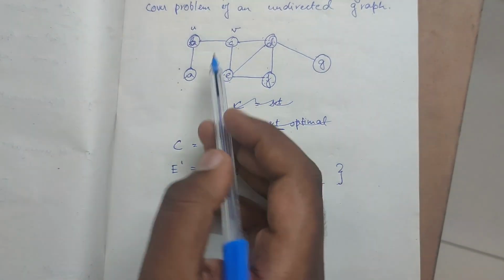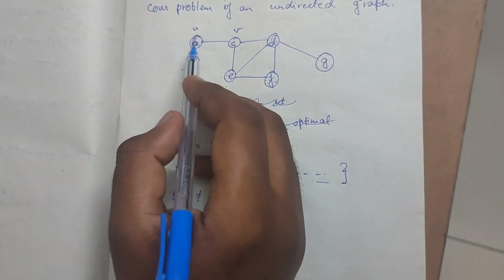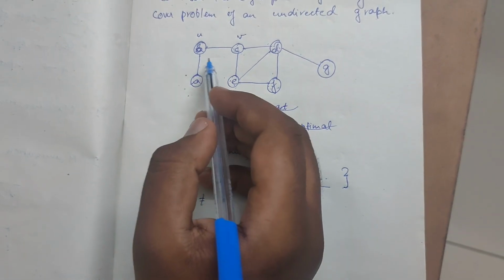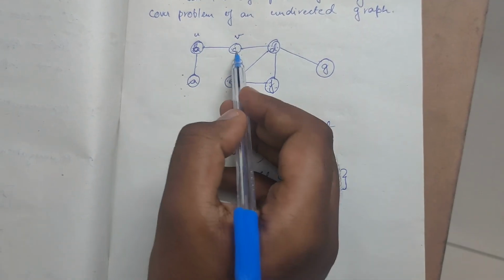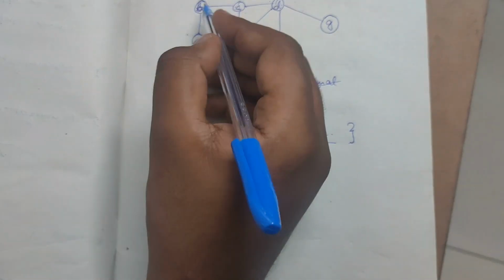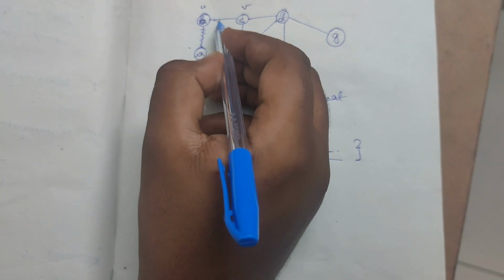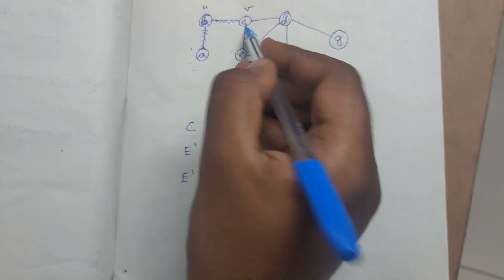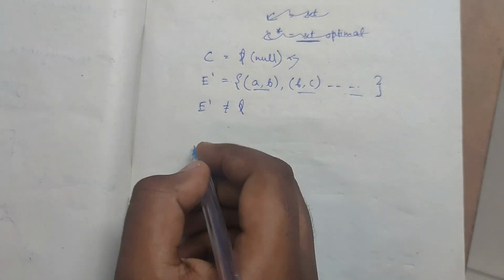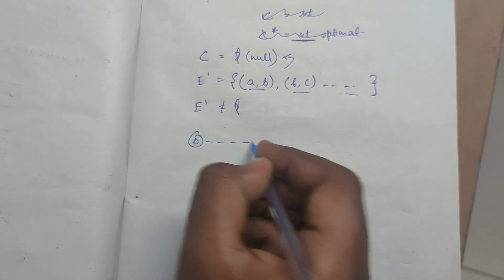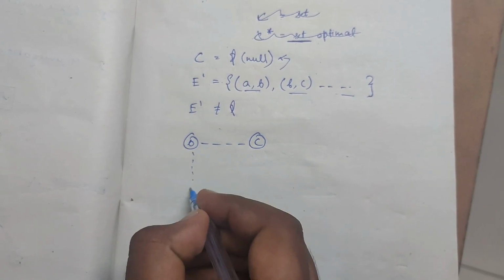So initially what we will do is we will assume some of the vertices as U and V. In this first step we will assume B as U and C as V. If you select B, then this edge is covered, this edge is covered, and if you select C, this edge is covered and this edge is covered. So let's draw this graph once again. So B, I am drawing the covered edges with dotted lines, A,